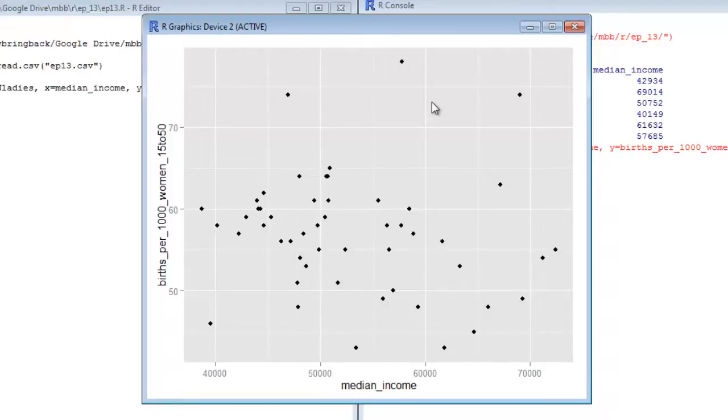Now, this isn't terribly informative. Looks like there's not a real clear pattern going on here. We have some wild outlier states. Looks like there's one way out here with huge income and very, very high rate of birth. That turns out to be Alaska if you go look at the data itself, which is interesting to think about: who's living there, what are they doing, and why do they have so many gosh darn babies. Can't answer those questions for you, but I can show you